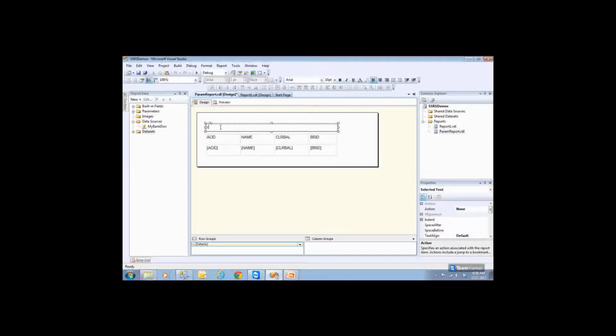You can say ICSC bank branch data. If you want proper alignment, just come here and do the alignment, and you can also change the parameters or everything.